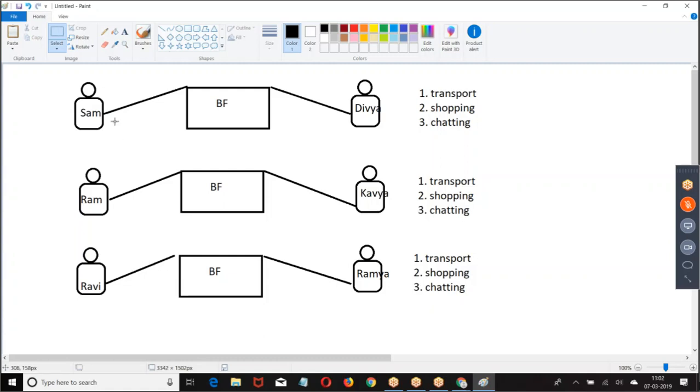Take shopping. Shyam takes her to Inorbit Mall for shopping. Ram books everything on Amazon. Ravi gives a credit card and says do whatever you want. In all three cases, they are providing the service of shopping, but how you provide depends upon the customer. The way you provide the service may change, but everybody is providing these three services, because you are claiming yourself as a boyfriend. How you offer the service will change from person to person, but everybody is giving these three services.